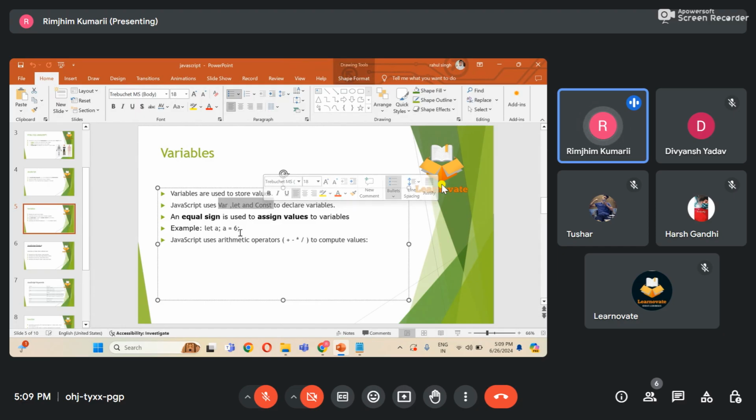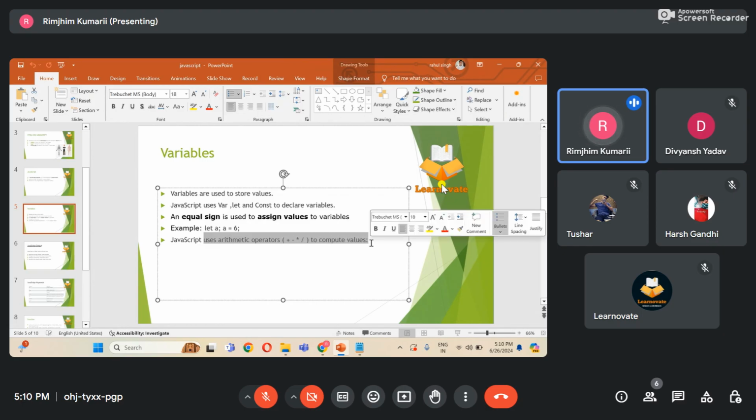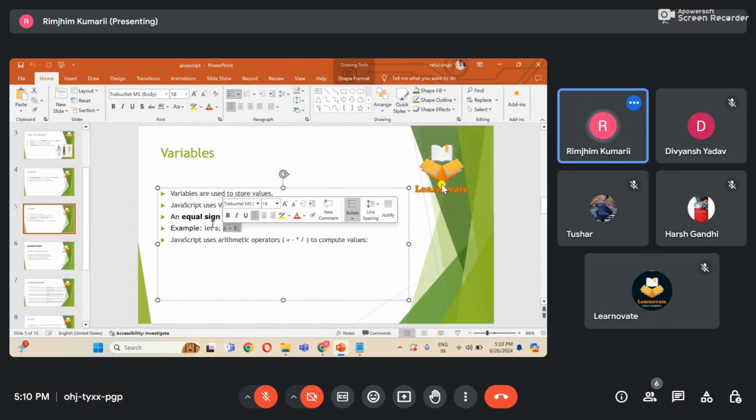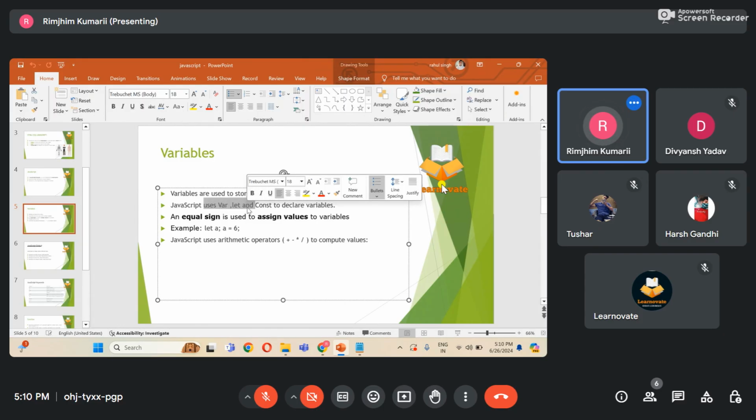Okay, and whenever I'm declaring my variable, if I want to assign a value to it, I'll be using an equal to operator. And JavaScript also supports the arithmetic operators, for example plus, minus, into, slash, to compute the value. So all these arithmetic operations are also available in JavaScript. To assign a value, similar to other languages, I have equal to, and the basic difference here is to declare a variable, I have the var, let, and const options. Okay, and then moving ahead,